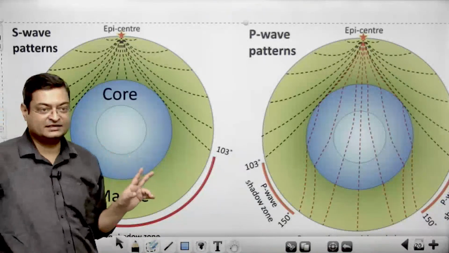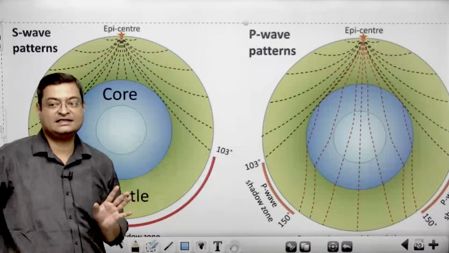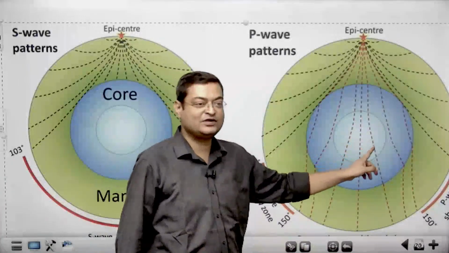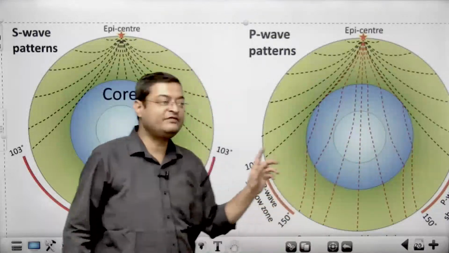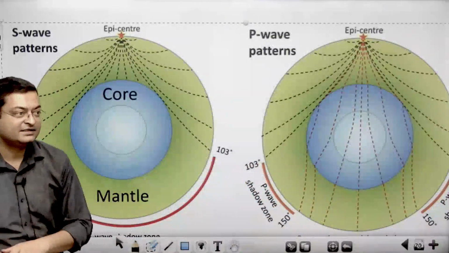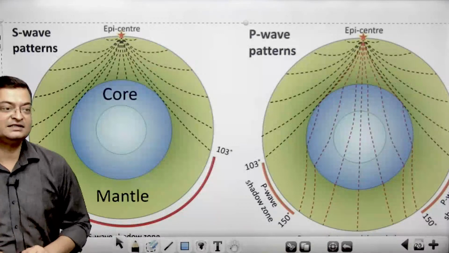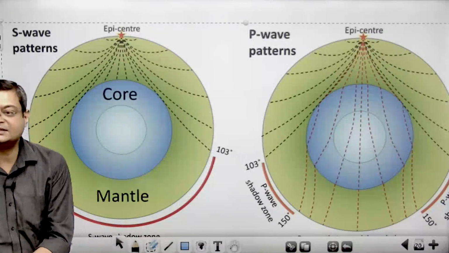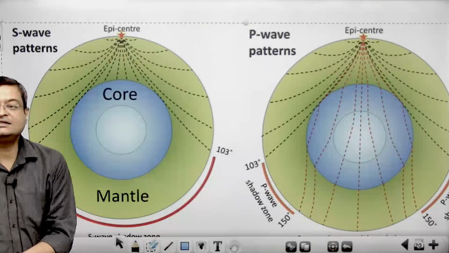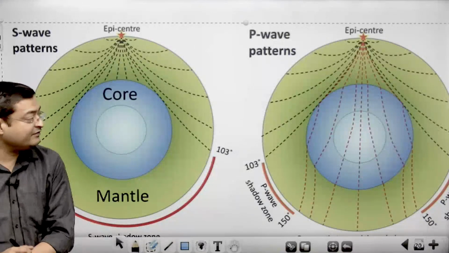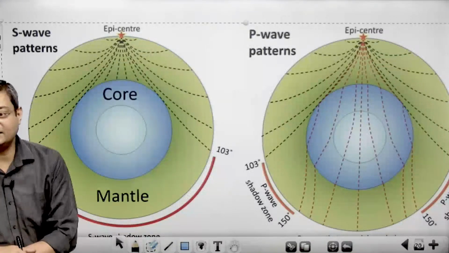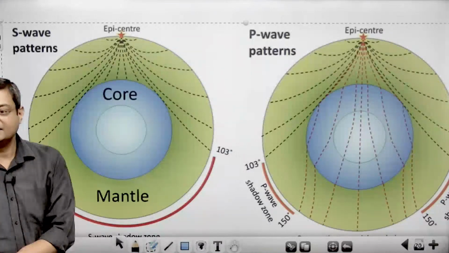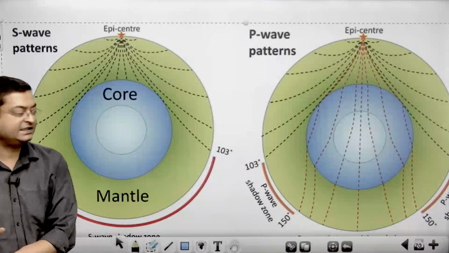It proves one thing, that there is something liquid inside. Otherwise this would not have happened. And the P wave is saying that there is something solid inside. So the S wave clearly establishes one fact, that your outer core is liquid in nature. And why is it liquid? Because as we move towards the interior of the earth, the temperature is increasing, so it is in a liquid state. But when the P wave crosses, we find out the inner core is solid. So because of this nature, we are more confident about the liquid outer core. Okay? Draw this picture.